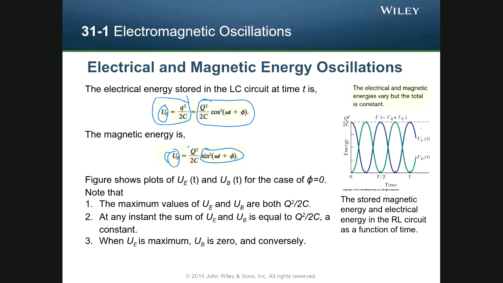Like that. Now, what's cool about this is that the total energy, let me change the color there. What we know here is that U of E plus U of B has to equal a constant, right? And we can tell because if we look back at our first,